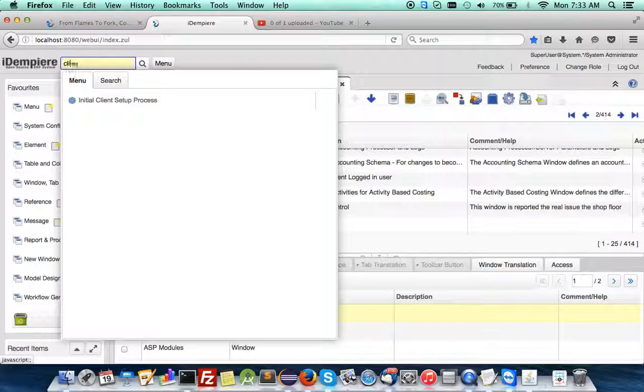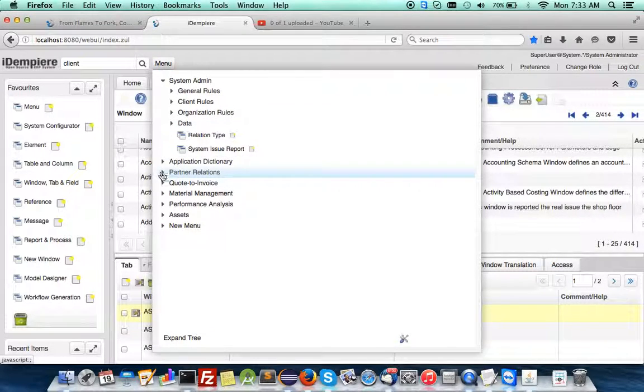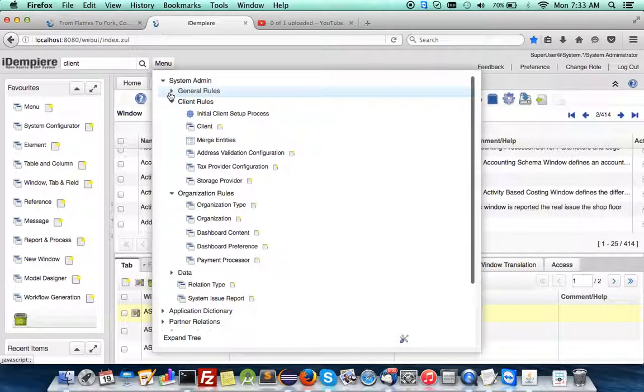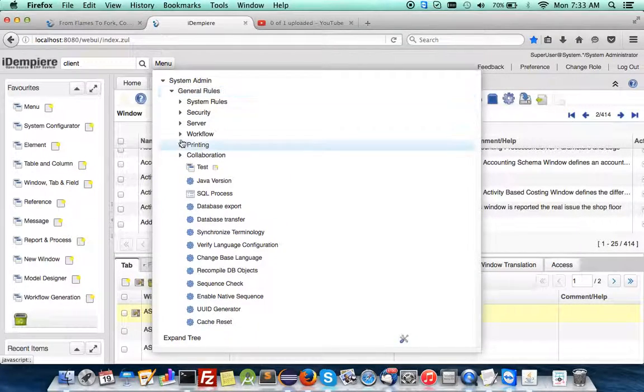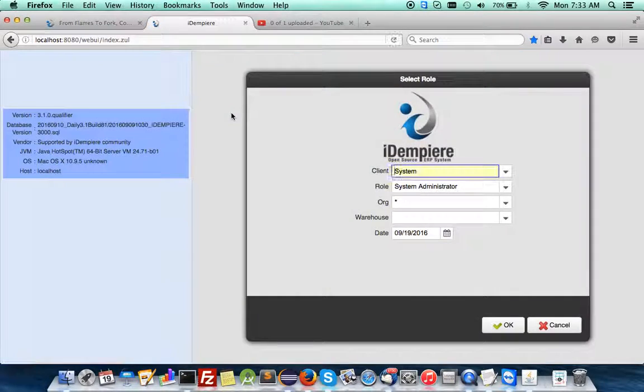How about client review? There's no sample of a workflow on this side, so you change over to the